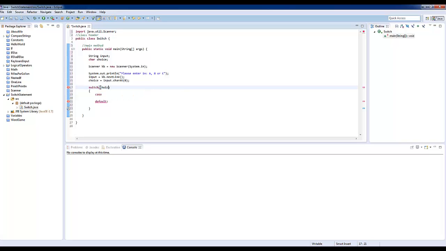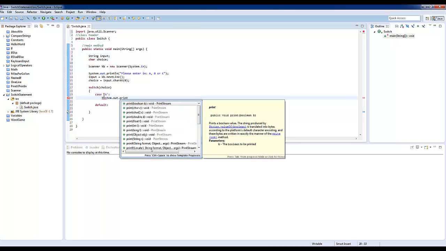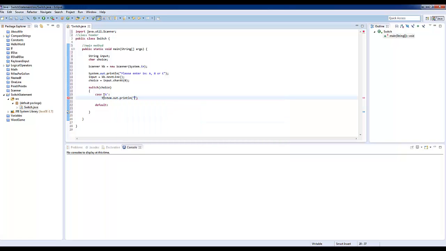So we're going to call the choice variable here, and this case is going to validate if it's something they can use or can't use. If they can use it, we're going to print out, what are we going to print out? Something easy. You have entered in the letter A. Okay, so once this is done, we have to use what's called a break statement, and this is really